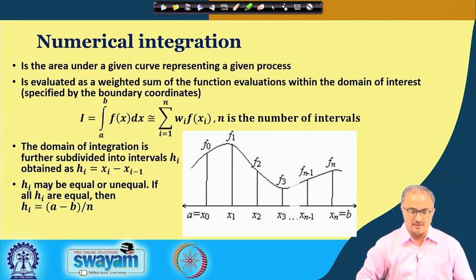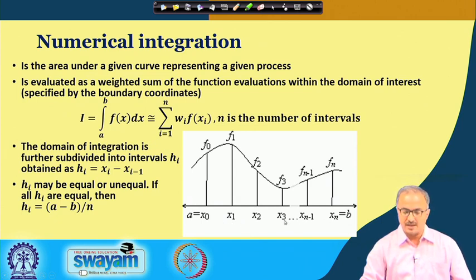So, let us see the first example. Here I just want to explain one thing: there is a small gap you find. It is just to show that there could be many intervals. Here we have taken a gap from x3 to xn-1. It is not really a break in this function, it is just a break from f3 to fn-1. Otherwise it is a continuous function.